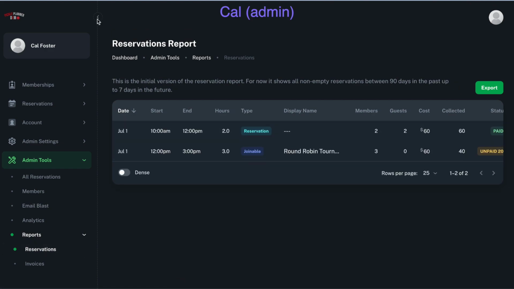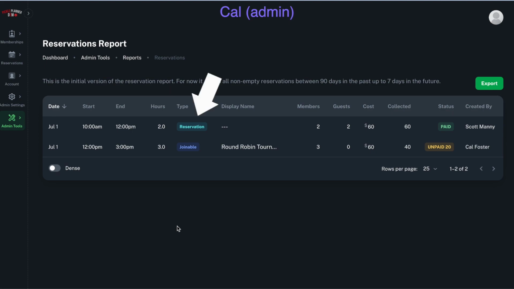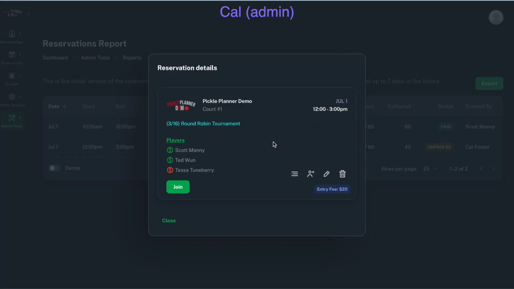And let's make some more space here. We'll hit that button. This first one is the first reservation we made from Scott, and notice that it cost $60, and then we collected $60, therefore it is paid. And next we have this round robin tournament here, and note that we have $60 in invoices, but we have only collected $40. So if we click on this as an admin, it will show all of the players and their pay status, so we can see that Tessa has not paid yet. So if we close that,